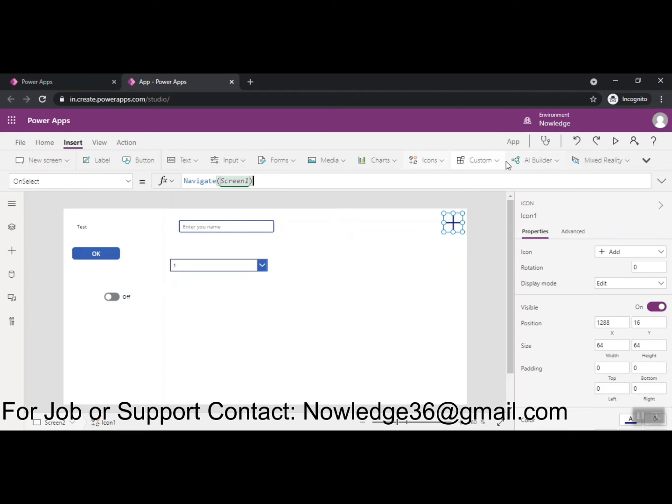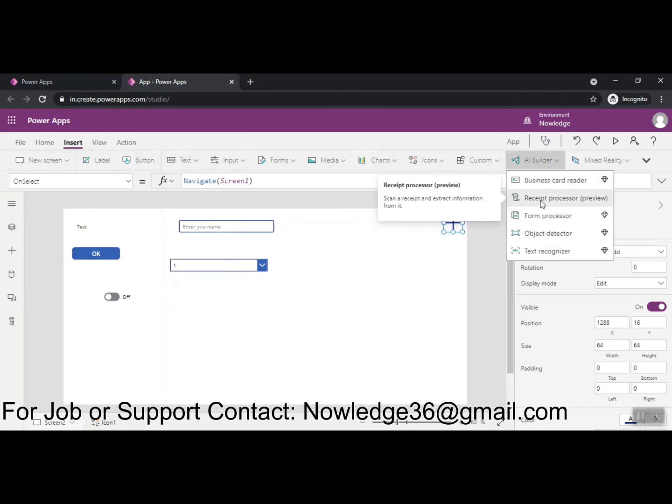After that, if you want to import or export any components, I will explain these components also in the later topics. Coming to the AI Builder, there are different things included in the Canvas app.